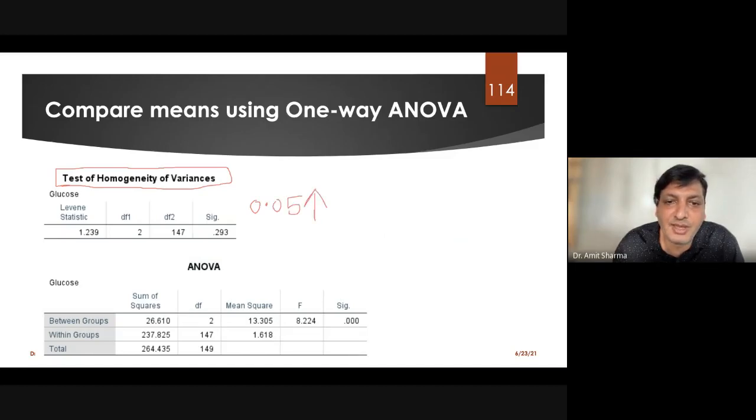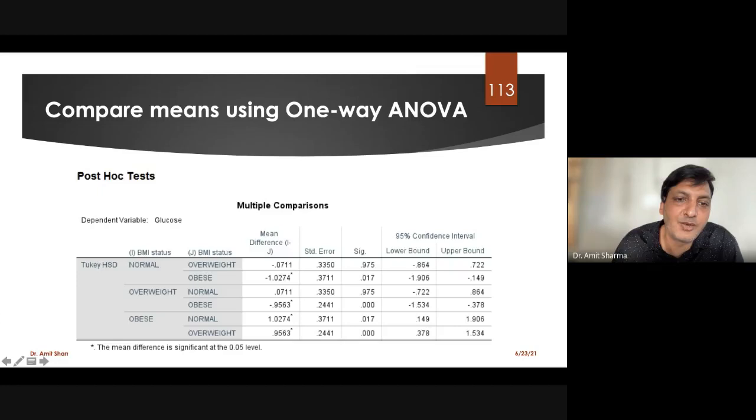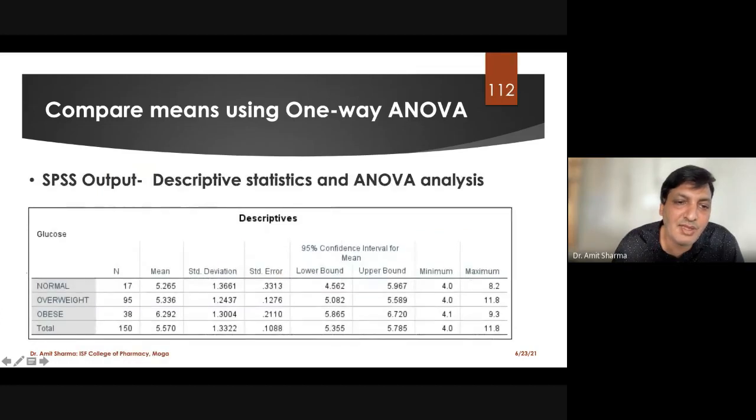And here you can see that we have got a very high p-value, more than 0.05. We got 0.29. So it was more than 0.05, and we can assume that we are eligible for the test, that equality was maintained between all three groups. Why can I say that equality was maintained? Because all three groups have somewhat sufficient patients, not exactly equal, but in one group we have 17, in one group 95, and in one group 38. So these numbers are sufficient to compare.